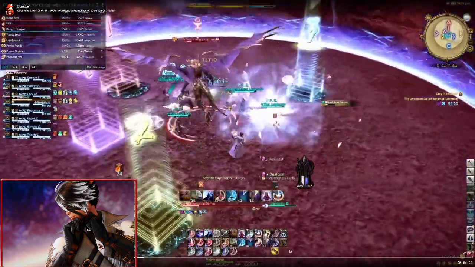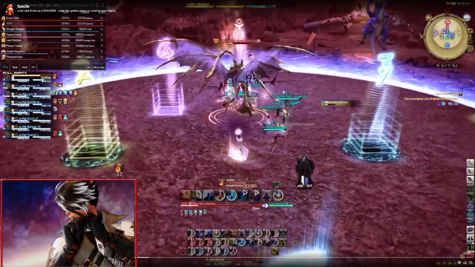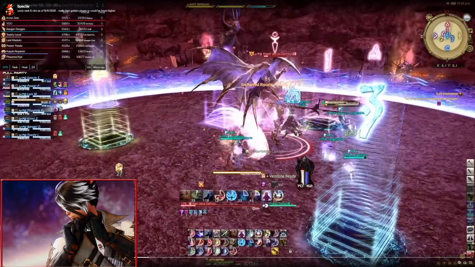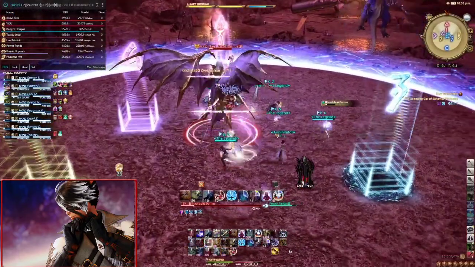So now we're getting into our dive bomb markers. I would highly recommend that you have some... So, okay, Raven's Beak is just another 5-hit tank buster you have to mitigate through, and...